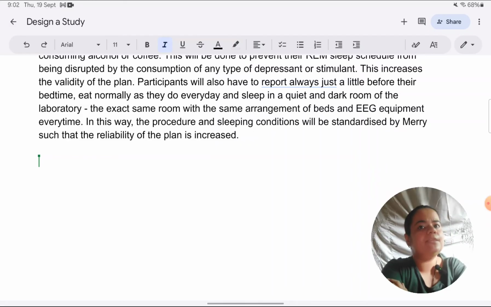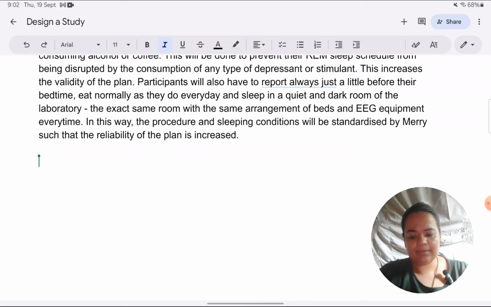Giving some official means of recontacting is always more desirable. So, something like emailing participants, it's a formal means of communication. Also, people check their emails regularly. So, practically, it makes sense to send emails to people, a good way of reminding them in writing. In addition to that, some form of personal contact, like calling them over the telephone or giving them an online call just before the study is about to take place, can be very useful. So I'll just give you an example of how you can talk about recontacting.